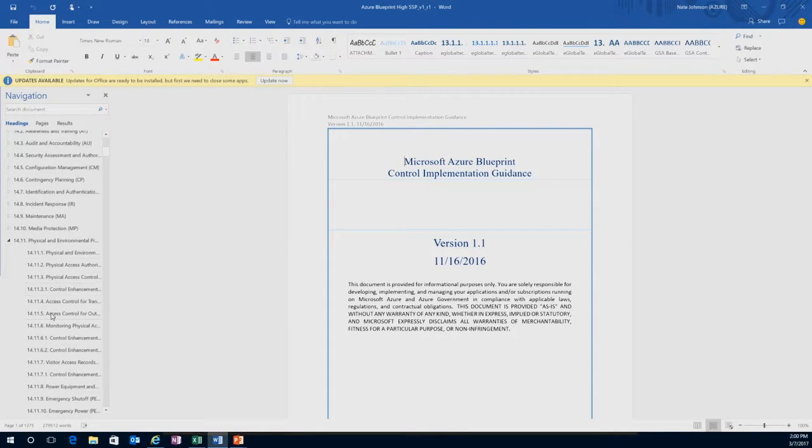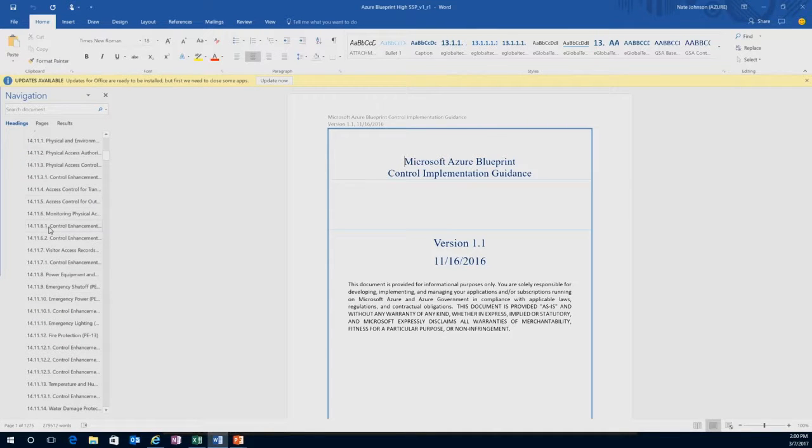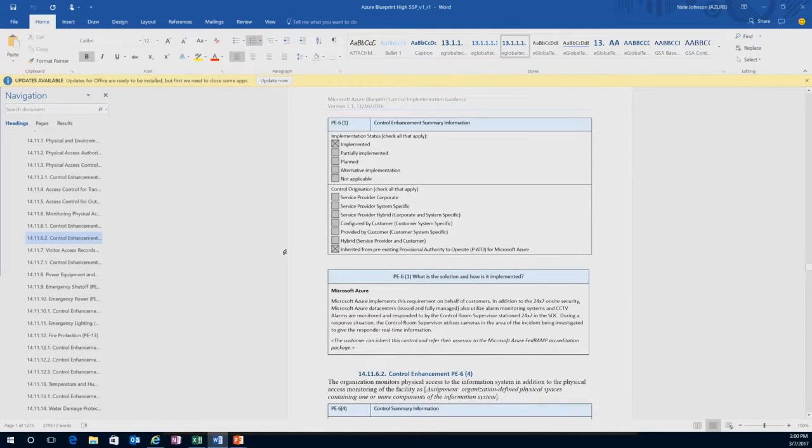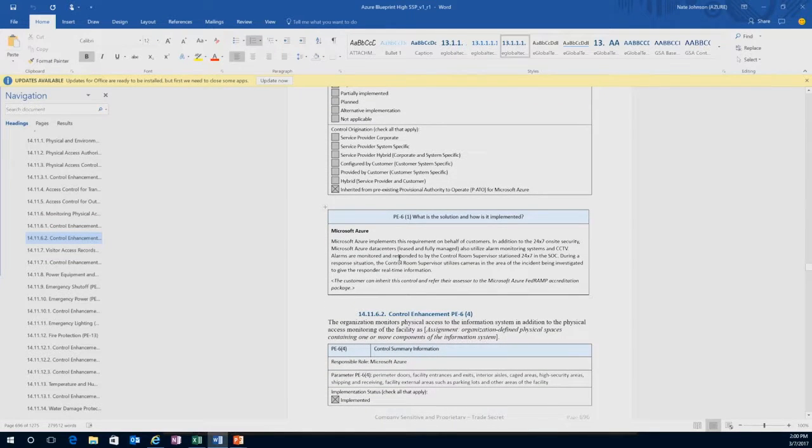And just as one example, if we look at physical and environmental controls, here we outline what we do from a PE perspective, which essentially comes down to data center security, that you can leverage and inherit, and then where there may still be a potential control responsibility that's outlined for the customer.